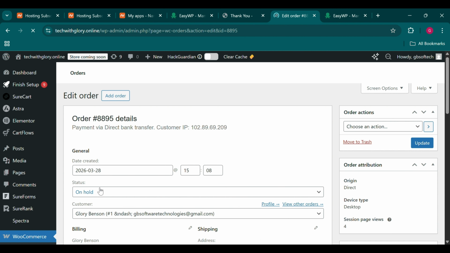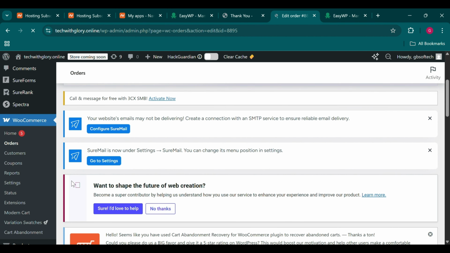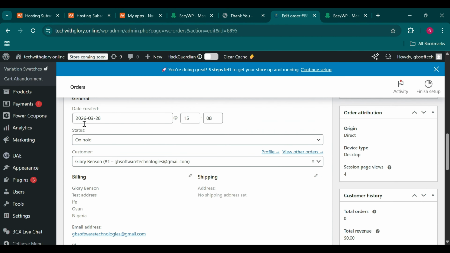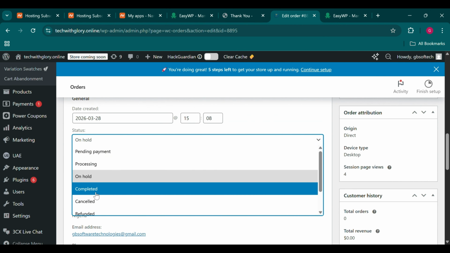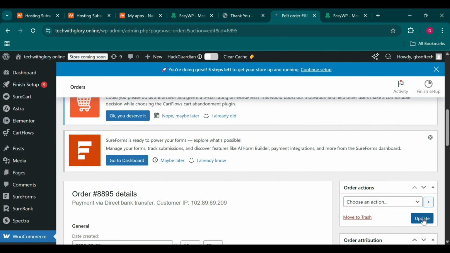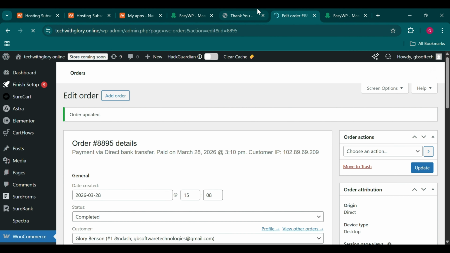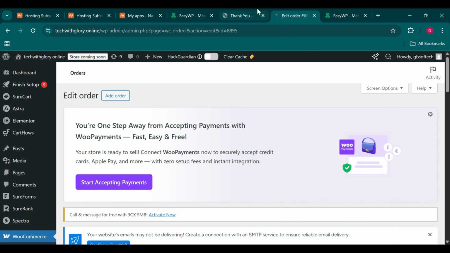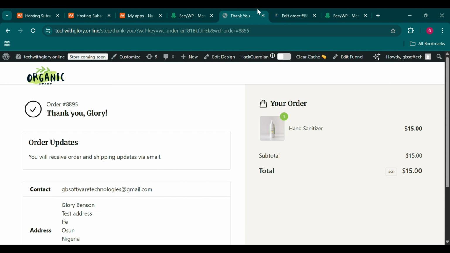So this is where to change the status of your payment, of the order rather. So currently it's on hold. So let's say your business, you've received the payments, you can change it to completed manually. So this is for manual payment, for offline payment. For online payment, for example, when you're using Stripe, PayPal, Paystack, Flutterwave, it would be automatic when the payment gateway, the payment platform, receives the payment and sends like